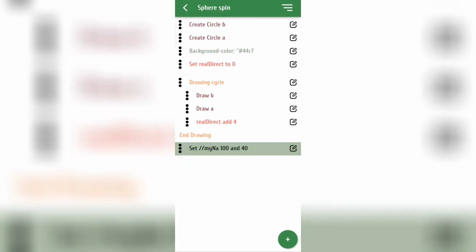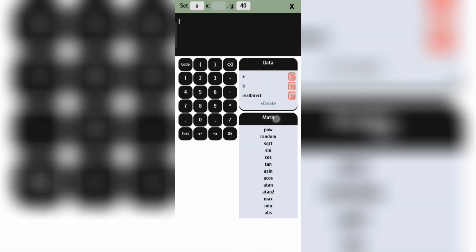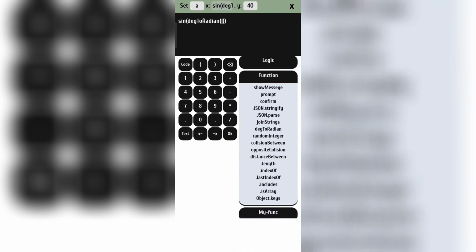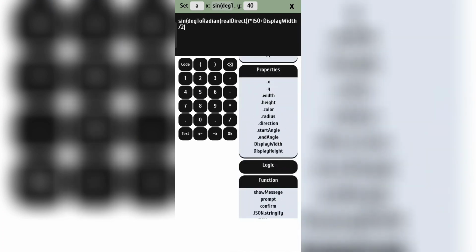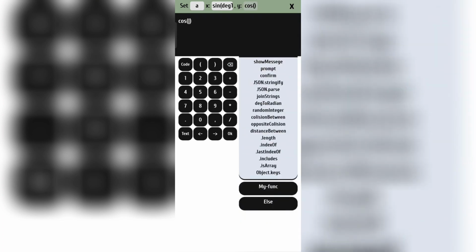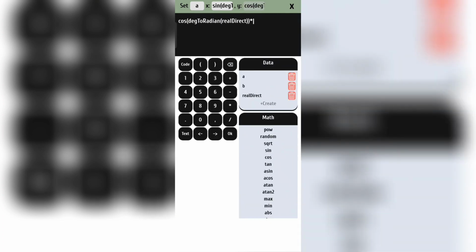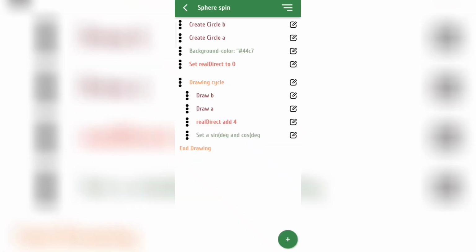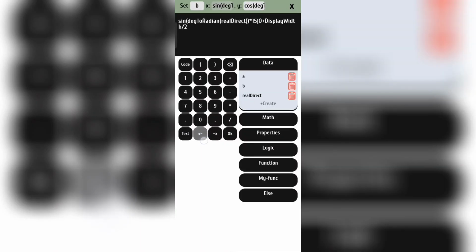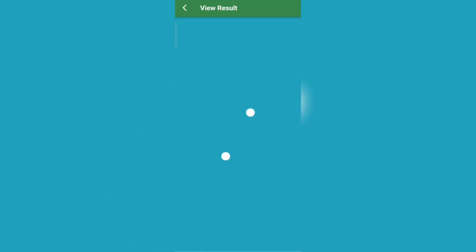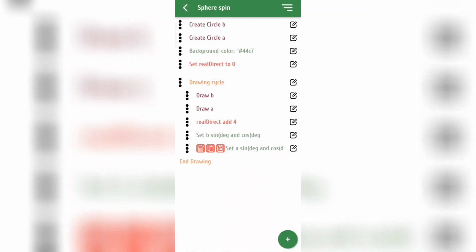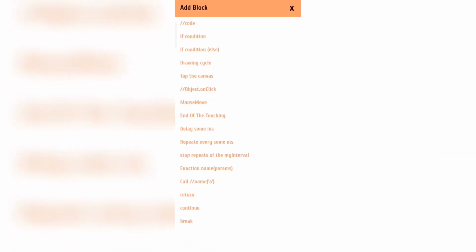Now we need to write this formula in JustPut, but since we have two circles, one of them will rotate half a circle ahead. So we simply subtract 180 from rel direction. And we will do this for the B object.